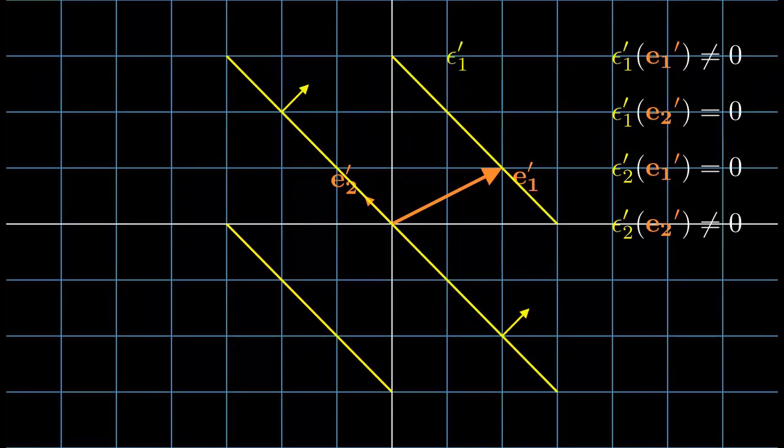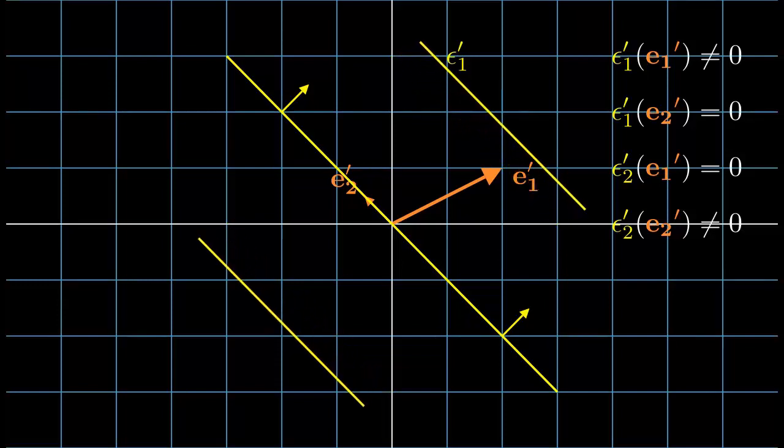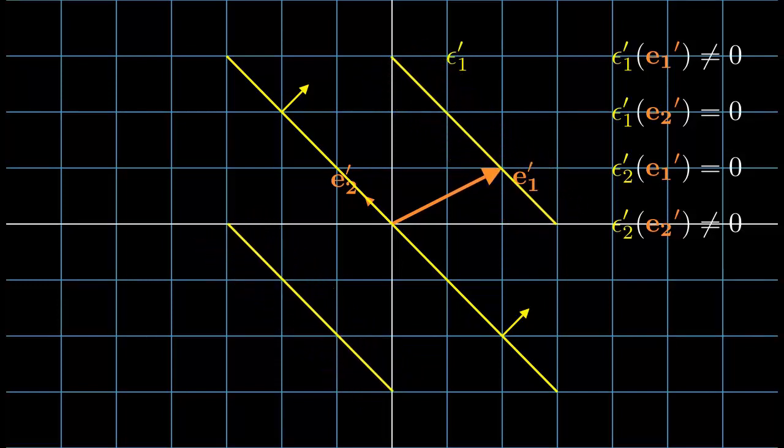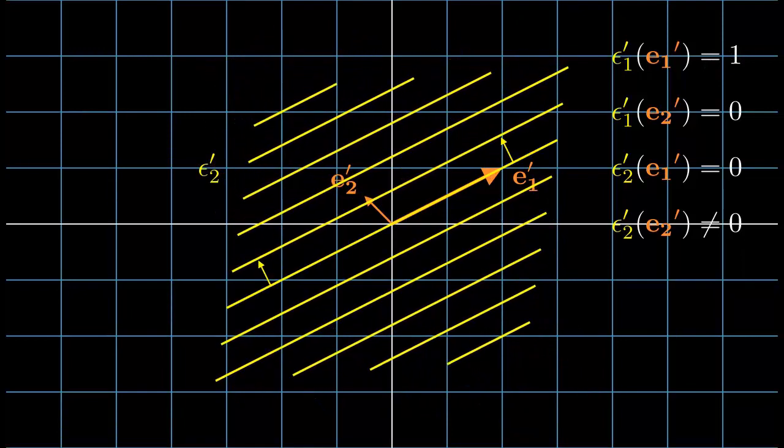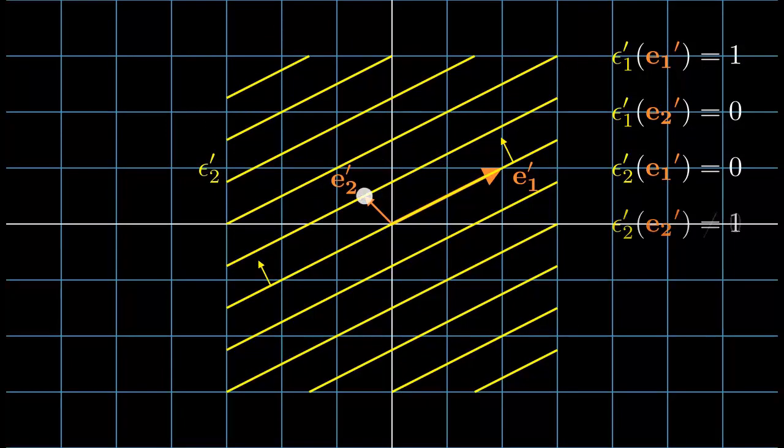For the sake of simplicity, you define the magnitude of the epsilon 1 dash function to be 1. You also define the magnitude of the epsilon 2 dash to be 1. Therefore, the normal transform should hold the Kronecker delta. That's how you transform the normal. Actually, the Kronecker delta condition and linearity can derive the normal transform.